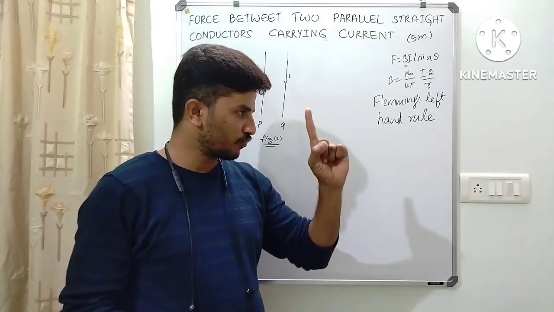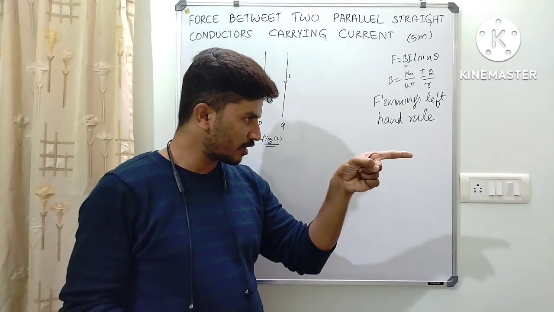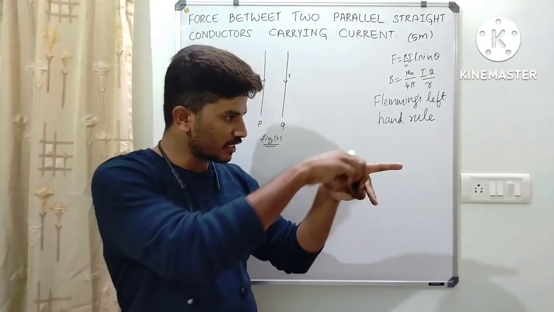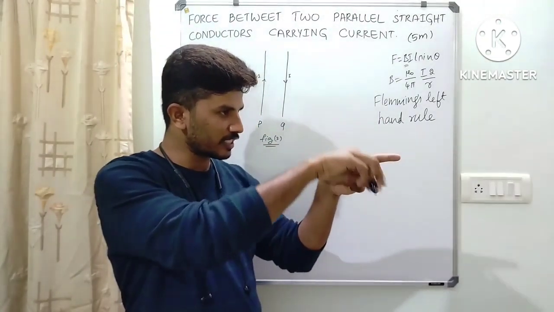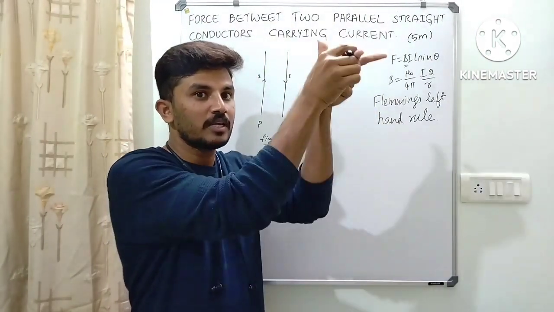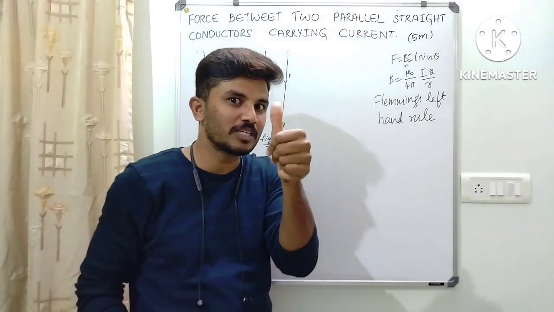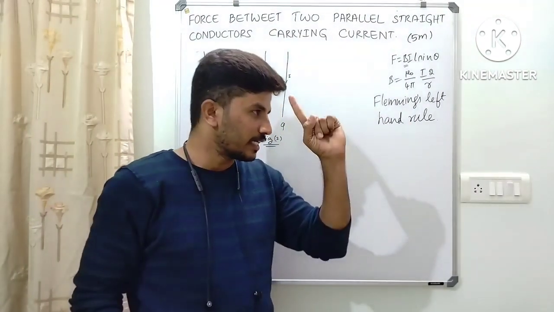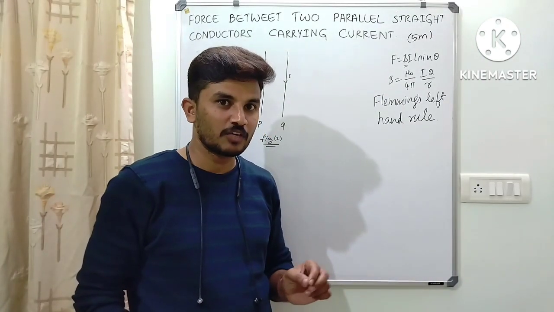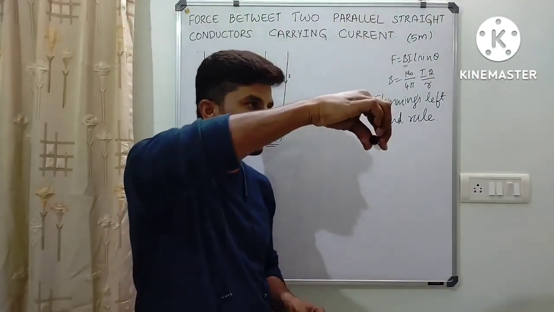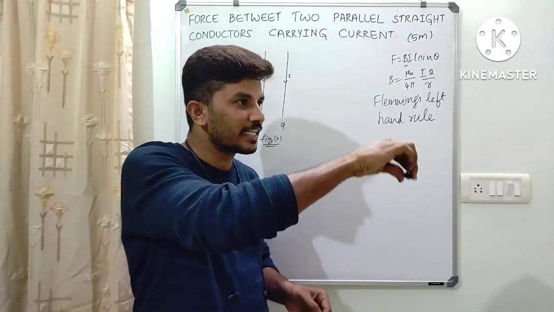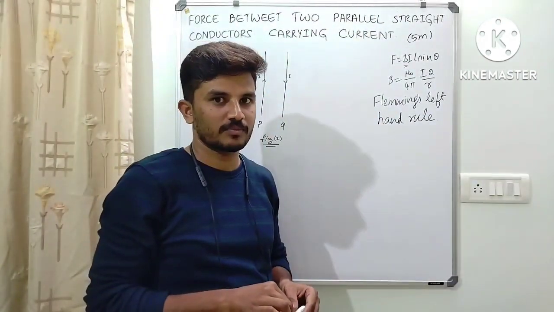Then, the forefinger shows the direction of magnetic field, the central finger shows the direction of current. Means here the conductor is like this, in which the current is flowing in this direction, and that is placed in the magnetic field. Then the force experienced by this conductor will be upward, means along the thumb. Thumb gives the direction of force. Means if you put one conductor which is carrying current in this direction, in magnetic field in this direction, then it experiences force in this direction.